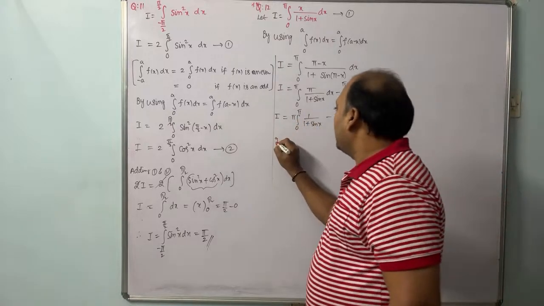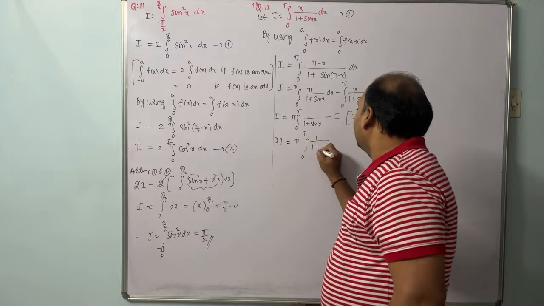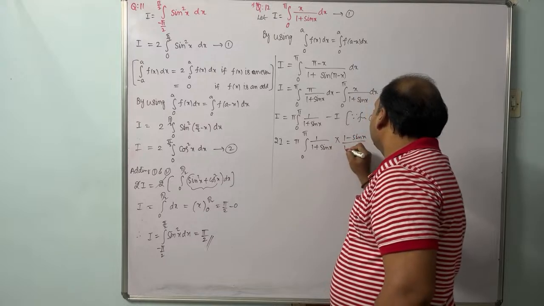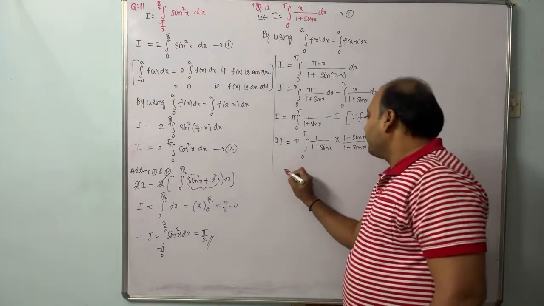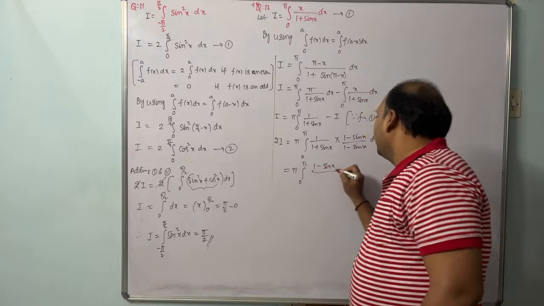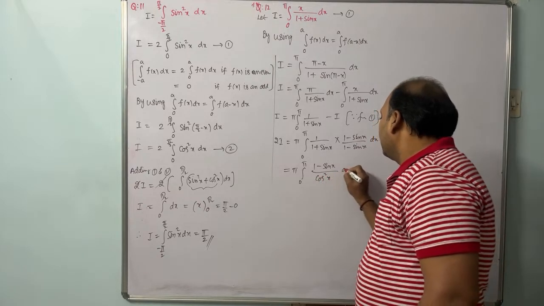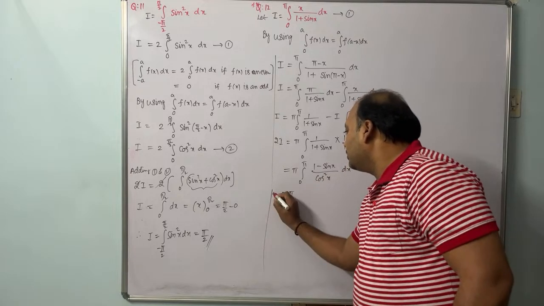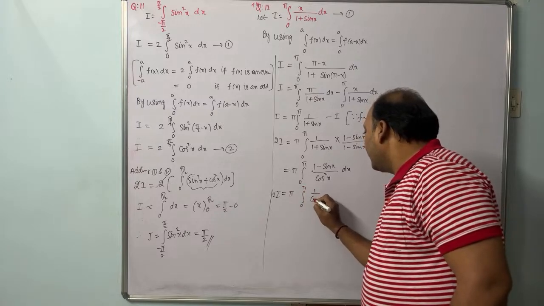Minus, I bring this sine to 2I equal to pi into integral 0 to pi 1 by 1 plus sine x, multiplying and dividing by 1 minus sine x to get the formula form in integration. So pi integral 0 to pi (1 minus sine x) divided by (1 plus sine x) into (1 minus sine x), and 1 minus sine square x is cos square x. Everyone knows about this. So 2I equal to pi integral 0 to pi 1 by cos square x dx